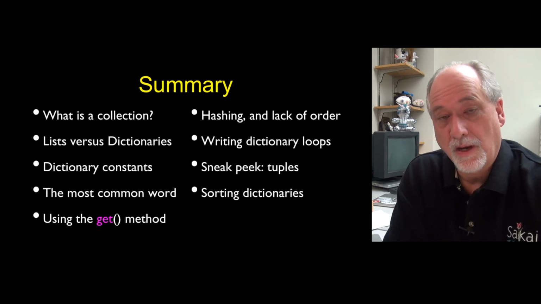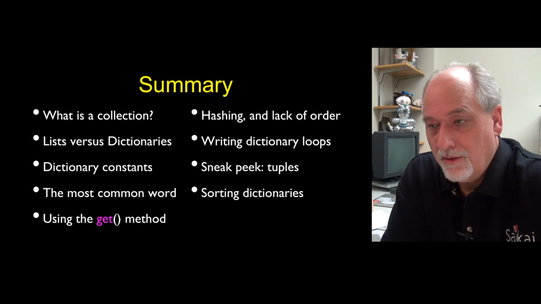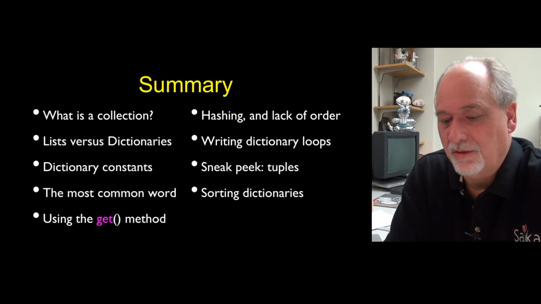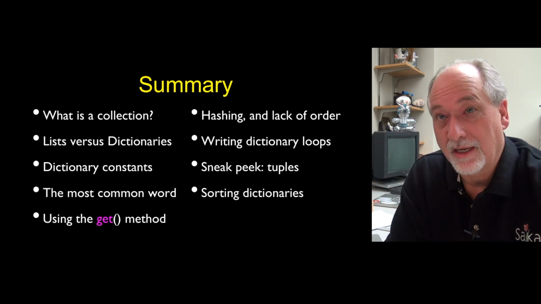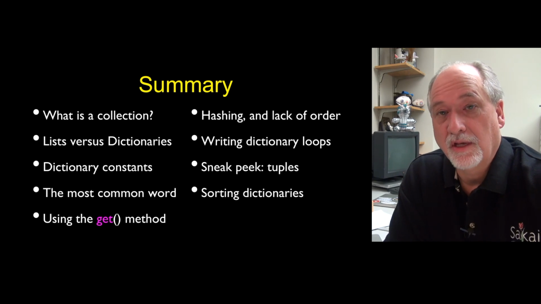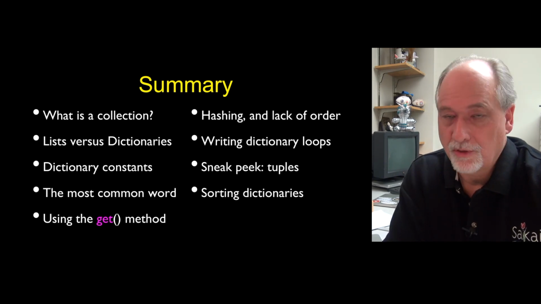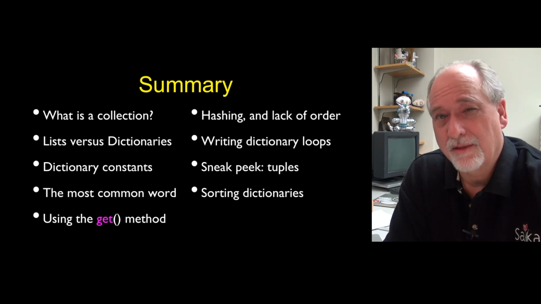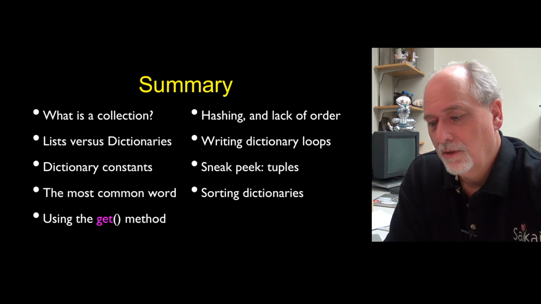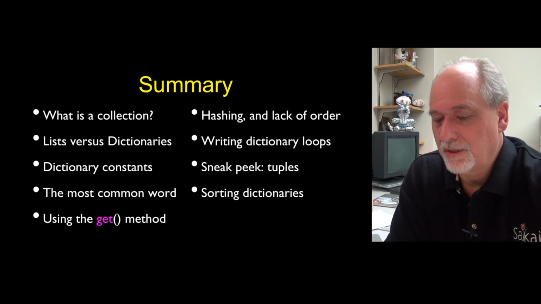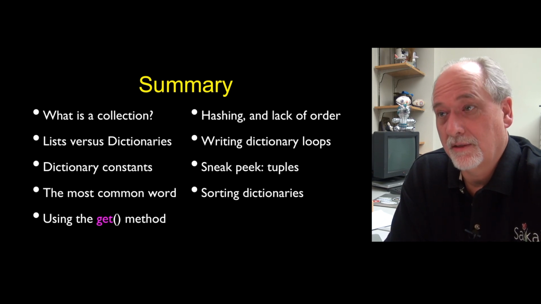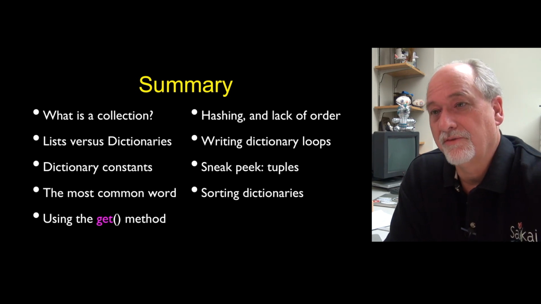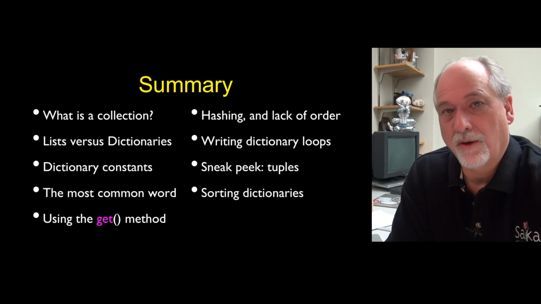Dictionaries are the most powerful collection we've seen so far. It is good to see both lists and dictionaries to understand what collections are. They are things inside of Python that can handle more than one item inside of them, and we'll learn about another collection, tuples, in a second. Just understand the get method, because that leads to very compact code. Understand there are various ways to iterate through dictionaries, and so we've learned a lot. But in the next section, we will learn even more and put these together and do some sorting and other stuff and really start to see the real power of dictionaries.